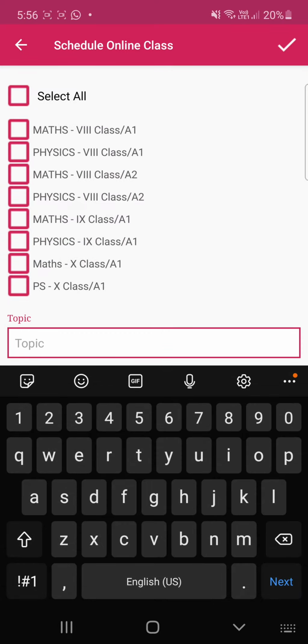So the teacher can see his or her classes. So it is assigned earlier. So this particular teacher is dealing 8th class mathematics, 8th class physics, 8A1 mathematics, 8A1 physics, again 8A2 mathematics, 8A2 physics, 9th A1 mathematics, 9th A1 physics, then 10th class mathematics, 10A1 physics.